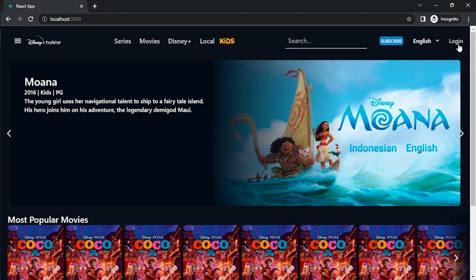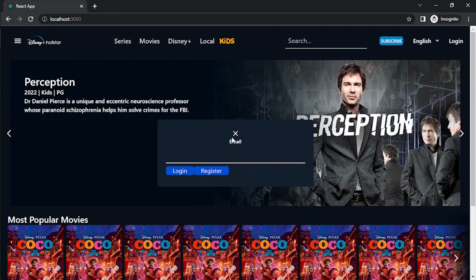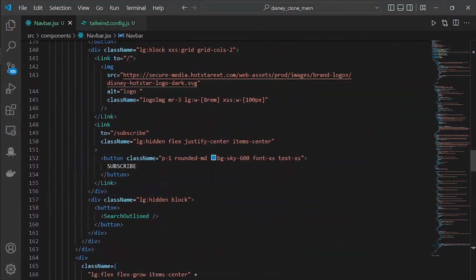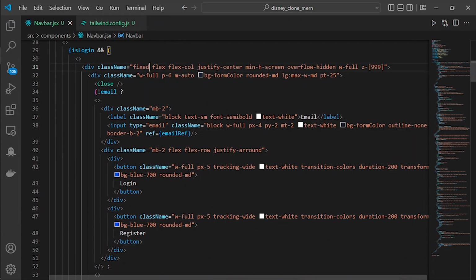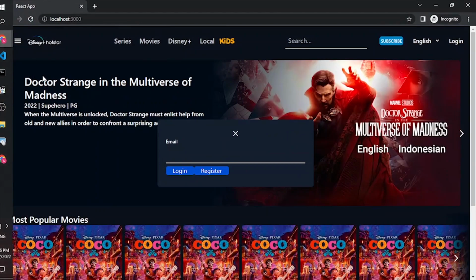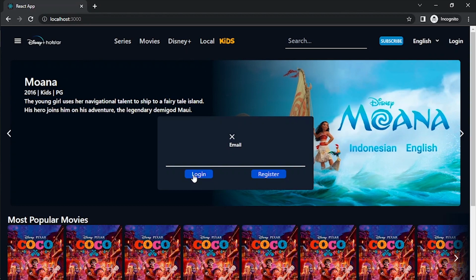So let's see. If I click the login now, the form is up here, but it is still looking ugly or looking bad. Now let's style it. Let me see here, and a flex. So I made a typo here. It's supposed to be just one error, not double error. Let's save it, refresh the website, click the login, and as you can see here, we got the login and